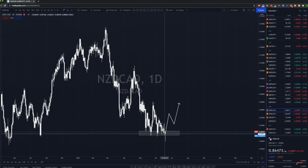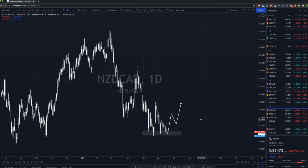Equally, obviously, it might just push lower, but I don't like the price action into the level. It's just looking very, very slow and corrective. So yeah, I have it marked as red because there's nothing super clear for me. I'll just pay attention to it this week to see if we get any kind of impulsive moves in any